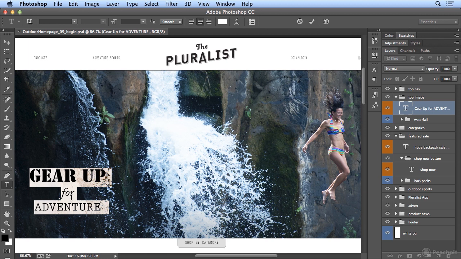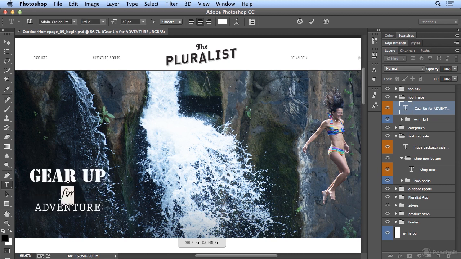type shortcuts. Option on the Mac and your up arrow is leading. On Windows, that's Alt, up arrow to tighten the leading or line spacing. Alt, down arrow makes it looser. So I'm liking the space between 4 and adventure, but not between gear up and 4. So I will double click on the word 4 and hit Alt up arrow on Windows or Option up arrow